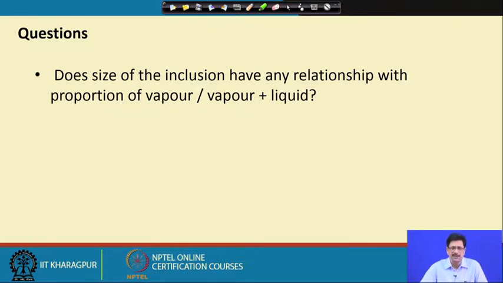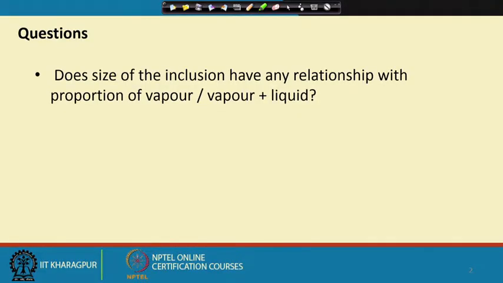So, we have seen that these inclusions range in size from less than a micron to more than about 100 microns, or there is actually no maximum limit, but this is the general scenario. And we know that the inclusions get trapped in the host minerals at different stages during its primary growth, and also any time afterwards. The mineral in a vein or a rock, after it is formed, is subjected to later deformation in the brittle or brittle ductile deformation zones, and later fluid percolates through them, and later stages of entrapment also take place in these inclusions.